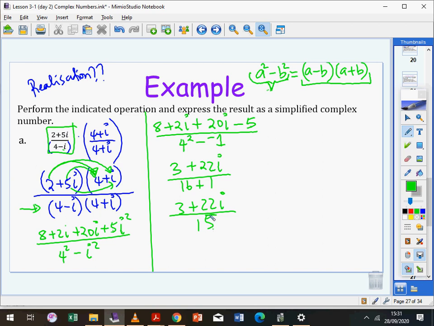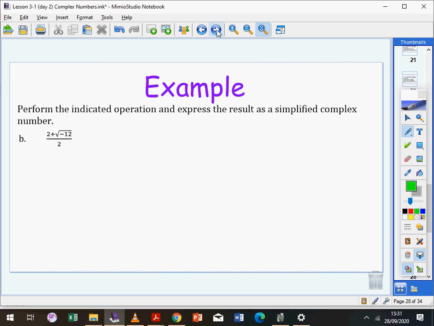So I'll ask you again, do you think this should be called the realization of a complex number? I make a strong case, because if you made it rational, it was rationalization, so shouldn't this be realization? Anyways,